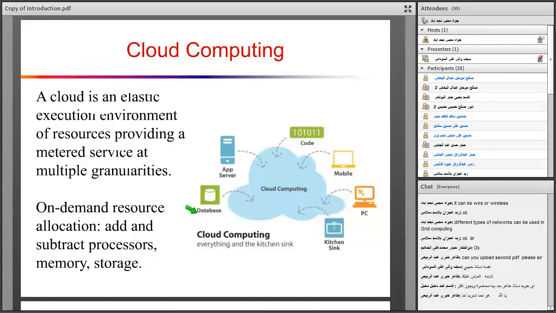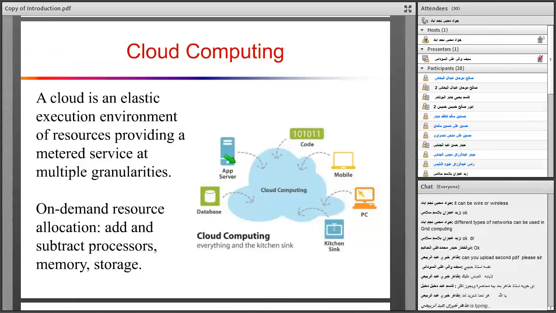We know that the application server, the database, and different devices such as mobile, PC, TV, kitchen sink, and other devices can connect to the cloud computing and use the services which are provided by the cloud computing. Different organizations try to present their services by using this infrastructure. This infrastructure is appropriate for us